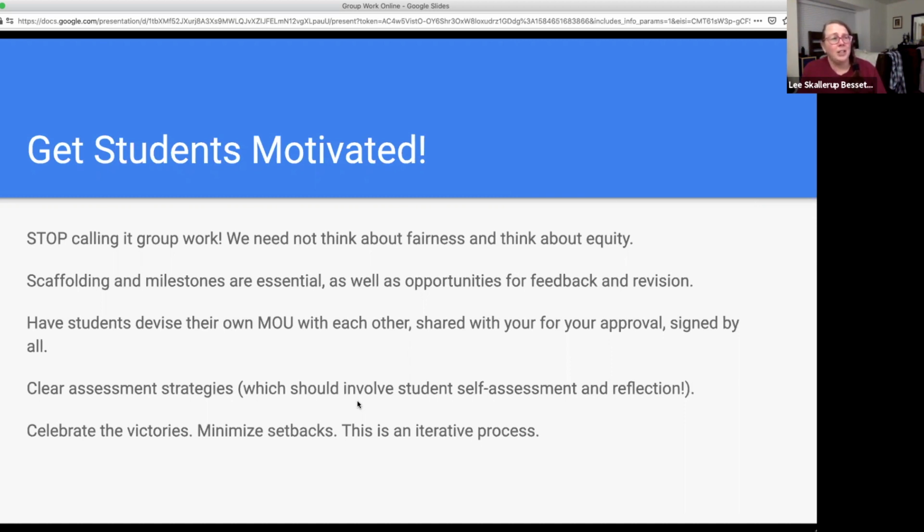And so they have a clear understanding of what's expected of them, of each other, when things are due, and how they're going to work together, right? This is another one in the memorandum of understanding. Have them spell out their communication policy, right? Are they going to have a group text? Is it going to be Discord?